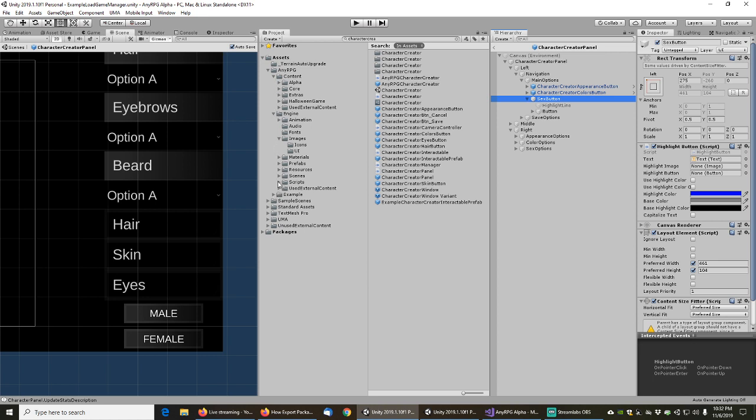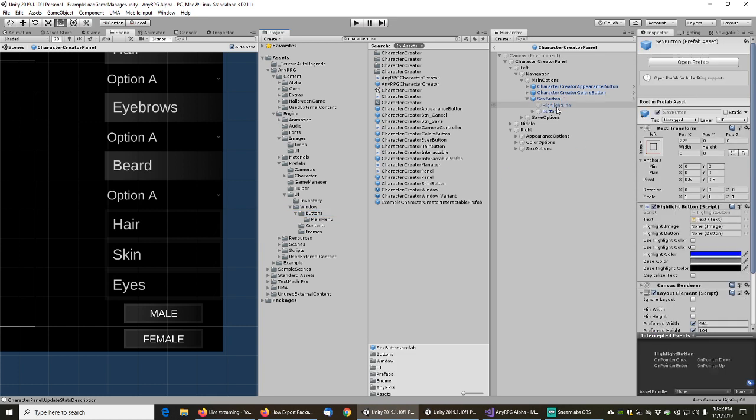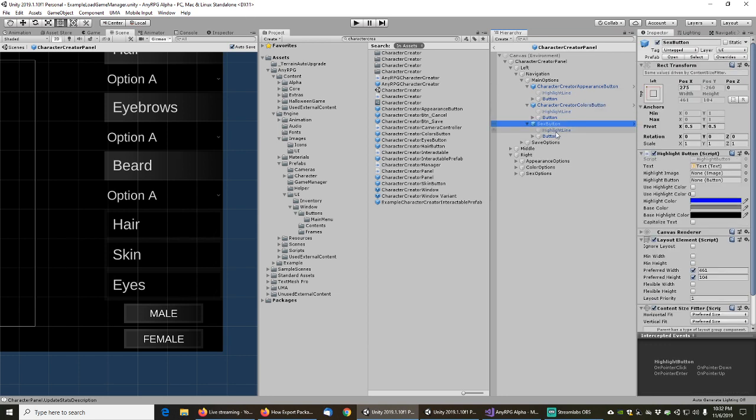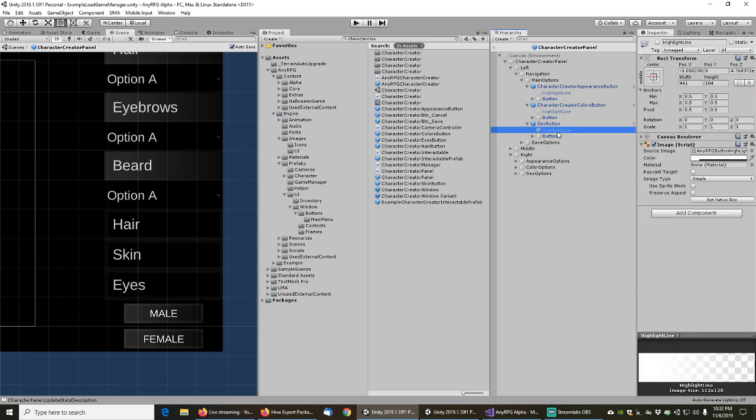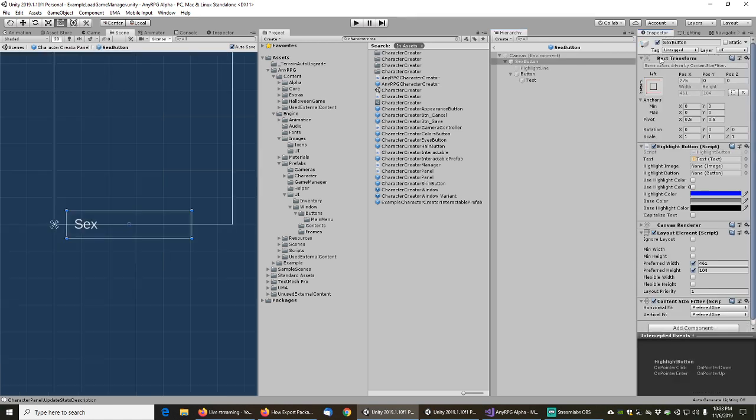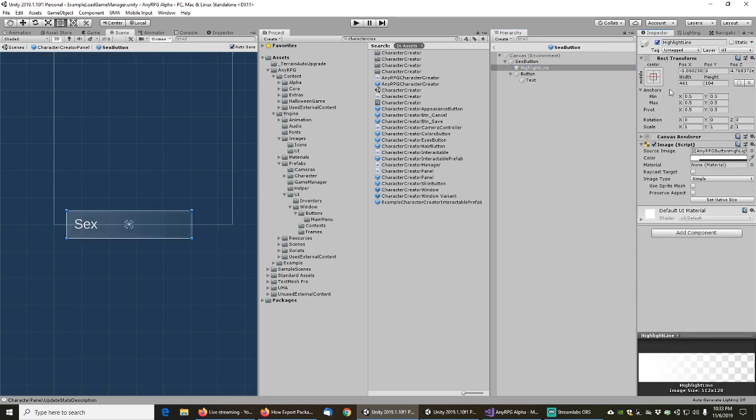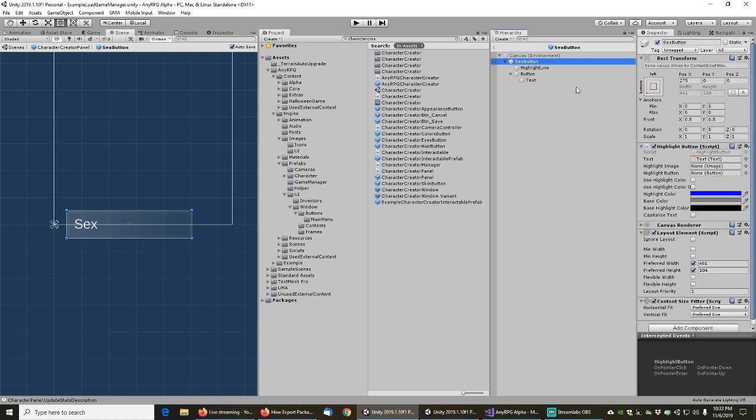We'll go into the engine under prefabs, under UI, under buttons, pull the sex button in there, make a prefab out of it, and we want to open that up, enable the highlight line, go up at the button level, pull the highlight button down into the button, the highlight line down into the highlight line,